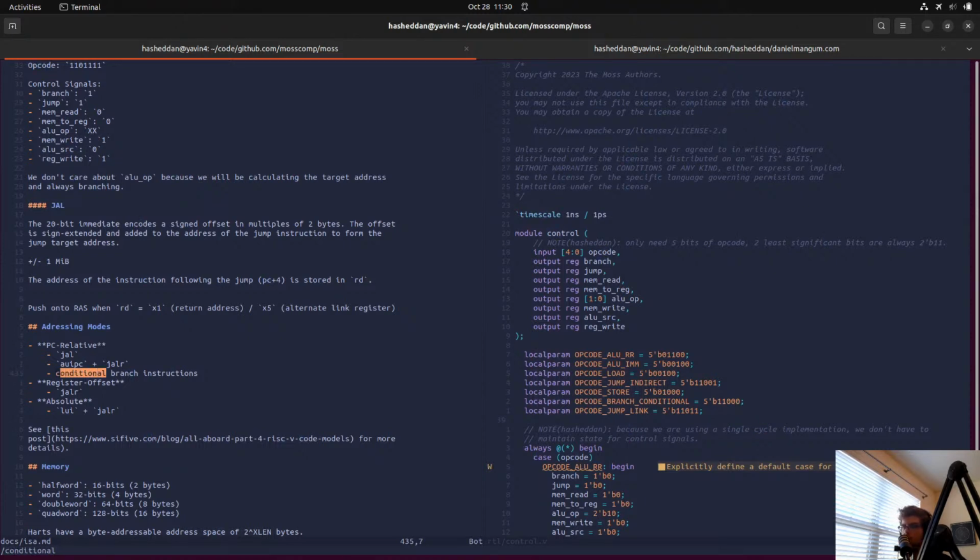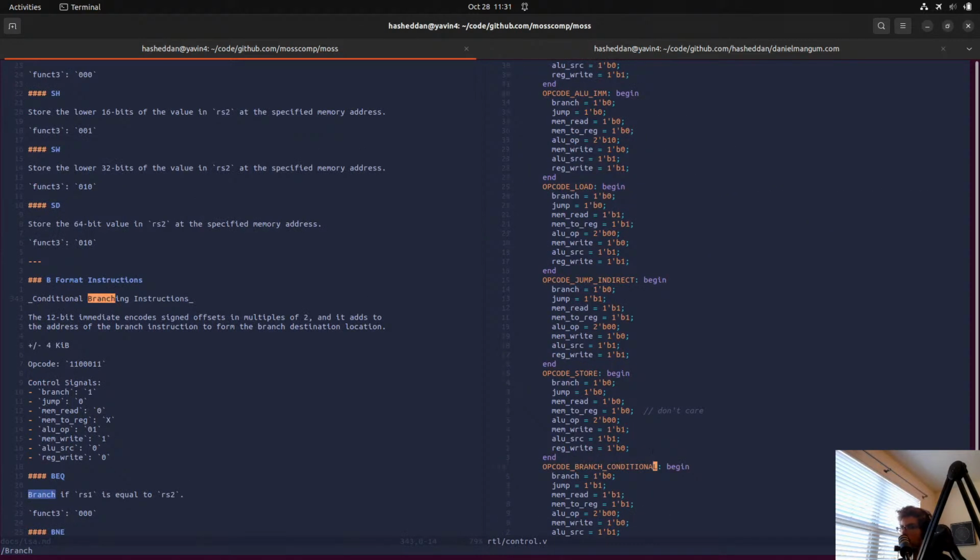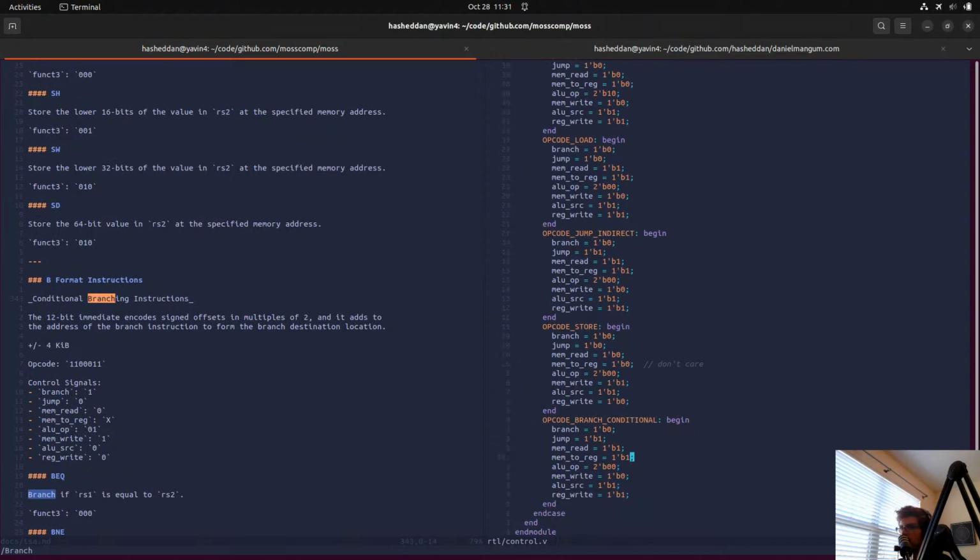Conditional. Branch conditional was, so branch is a possibility, jump no, mem read is 0, mem to reg set to 0, we don't care.